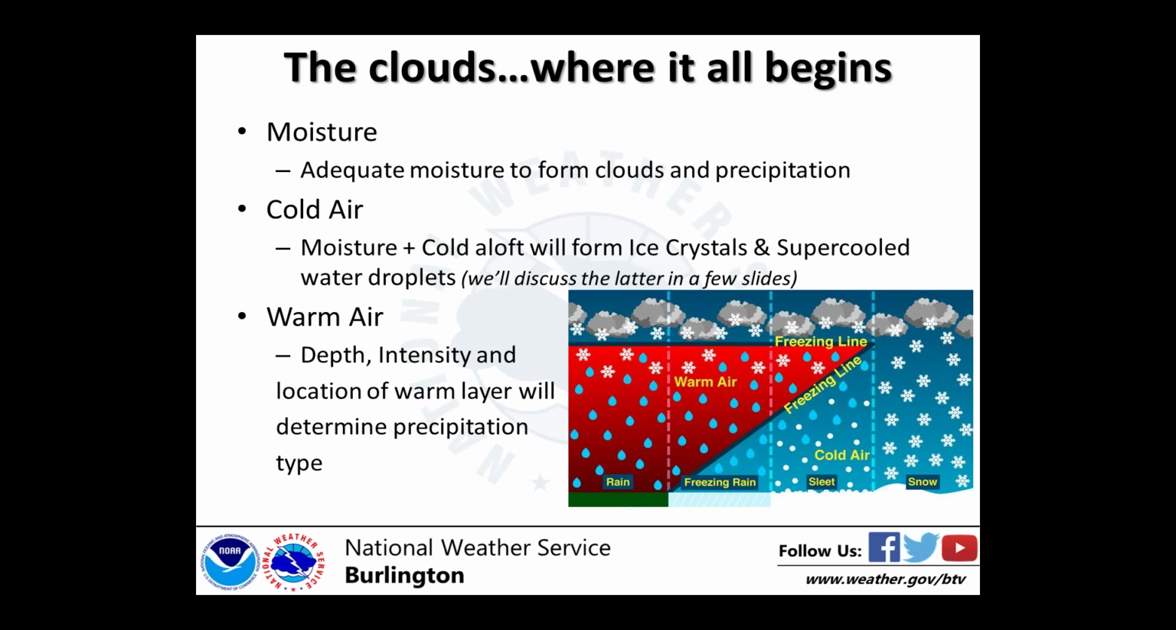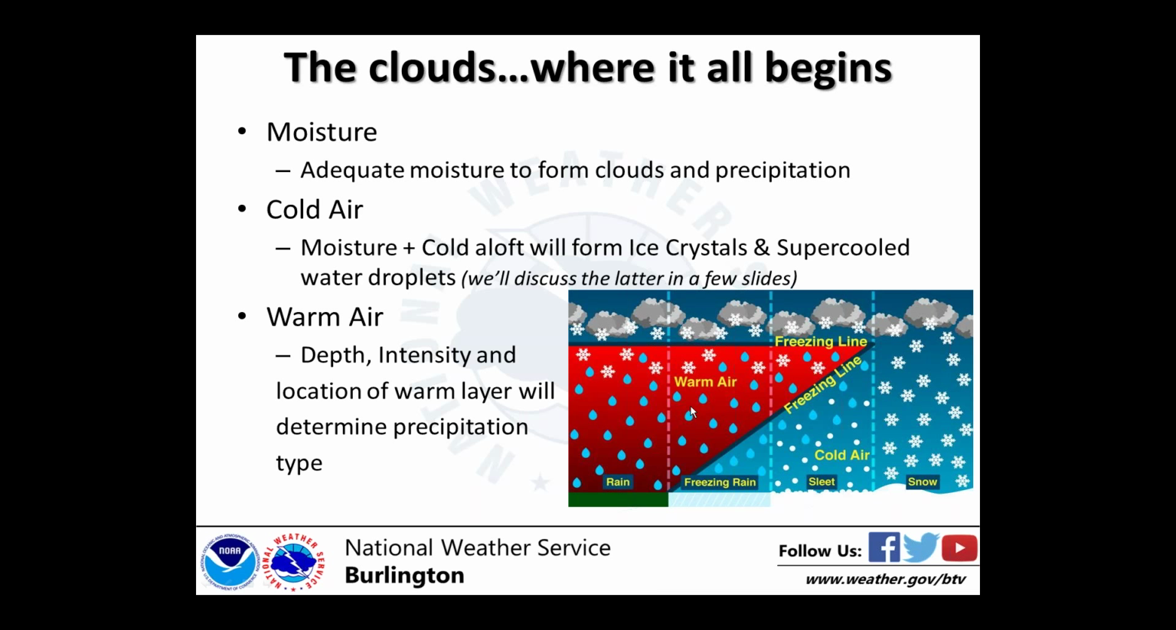Then you do need warm air, and depending on the depth, intensity, as in how warm it is, and the location of where the warm air is located within the column, that will determine what precipitation type you'll get. And you can see a simple depiction of that in the graphic on this slide. So we have rain on our left-hand side as cold ice crystals or snow fall into the warm air and melt,